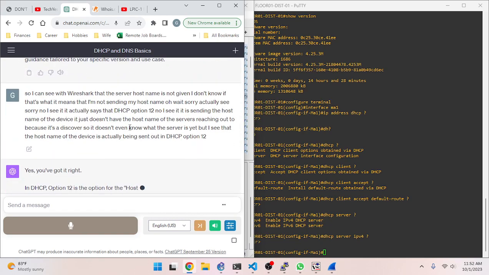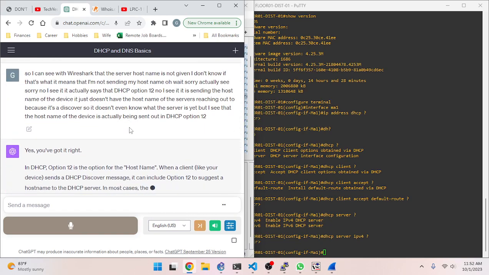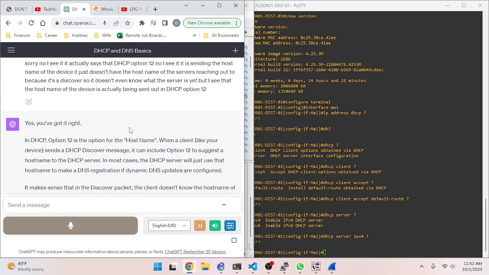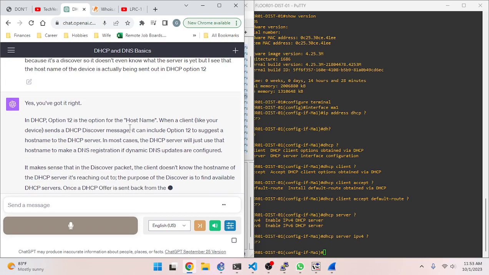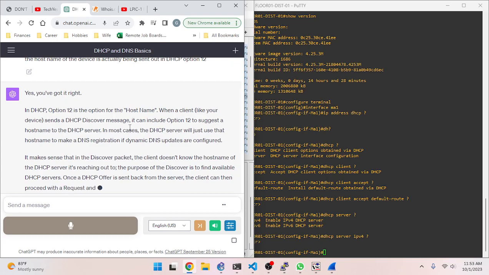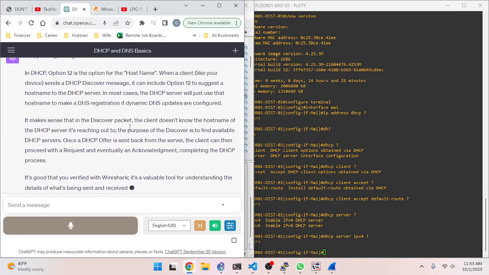Yes, you got it right. In DHCP, option 12 is the option for the hostname. When a client, like your device, sends a DHCP discover message, it can include option 12 to suggest a hostname to the DHCP server. In most cases, the DHCP server will just use that hostname to make a DNS registration if dynamic DNS